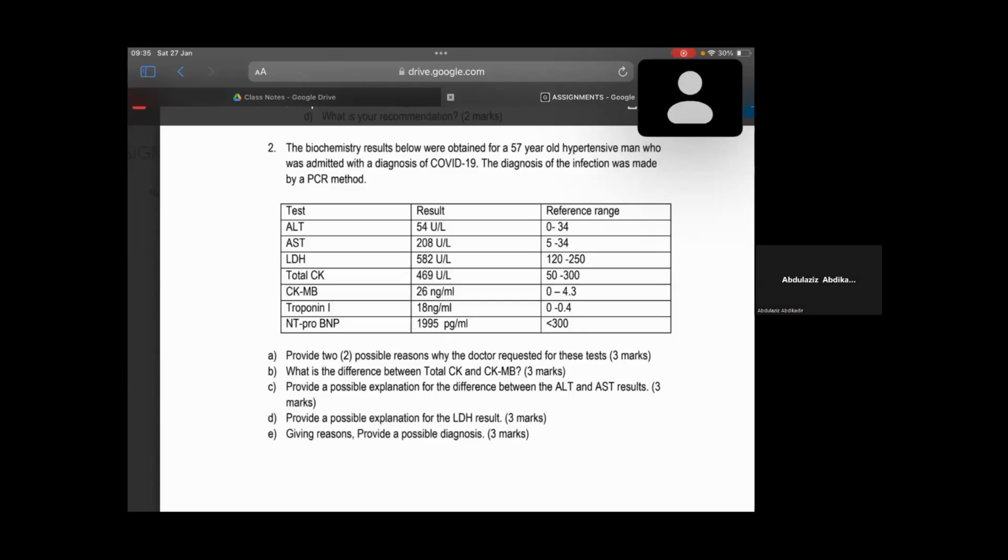You can also talk, maybe the patient had suggestive ECG findings that push the doctor to do the biomarkers, the pathologic Q waves, the ST elevation. Okay, so